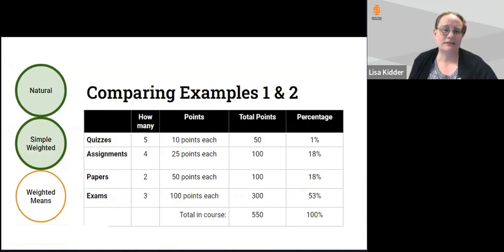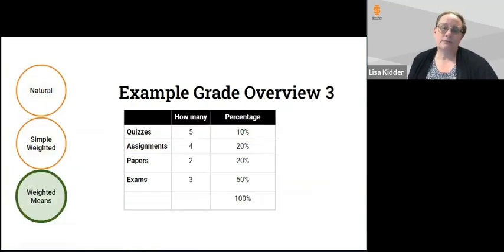If you look at it, 100 is actually approximately 18% of 550. Or if you want to do the 50, that's approximately 1% of 550. This column here of percentage is actually informational. This look is generally add up all the points divided by the total. Generally speaking, you're probably doing natural. If you think about things in terms of percentages, you might be using simple weight, or you might be using